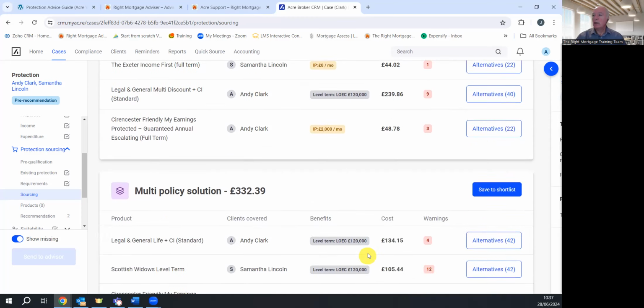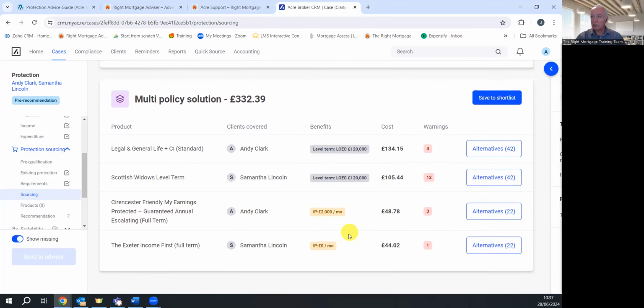But we could say, okay, let's just go with the multi-policy solution. It covers off everything. If we're happy with that, we save it to our shortlist. If you wanted to look at some alternatives, then we could look at, let's say, Legal & General are not going to cover what we want, or we actually want global treatment. Okay, so we go into the alternatives, the same as you do in Solution Builder now,